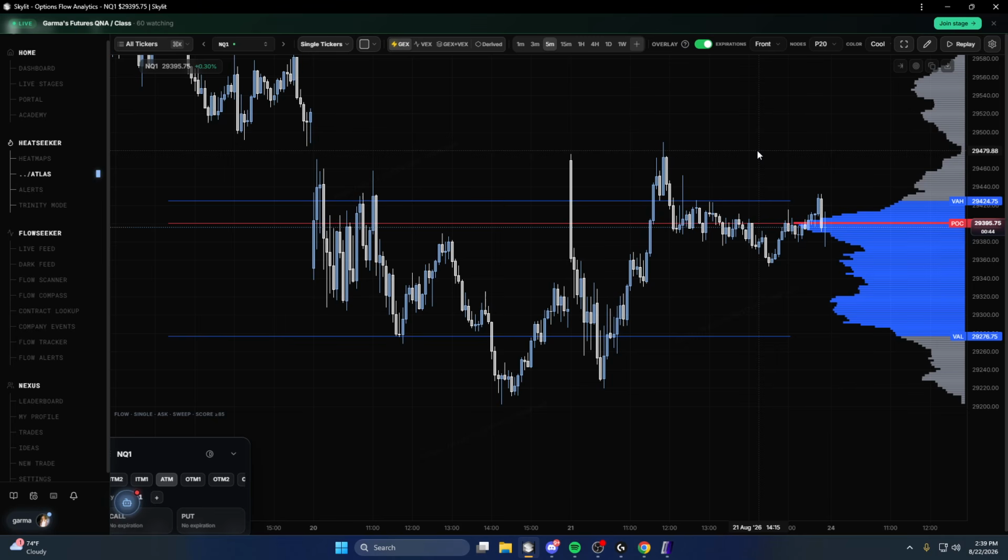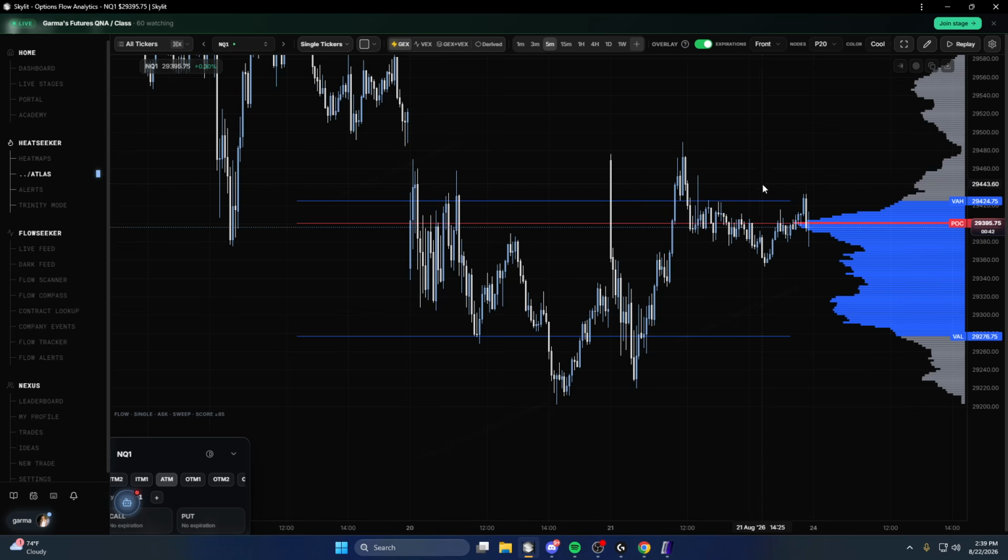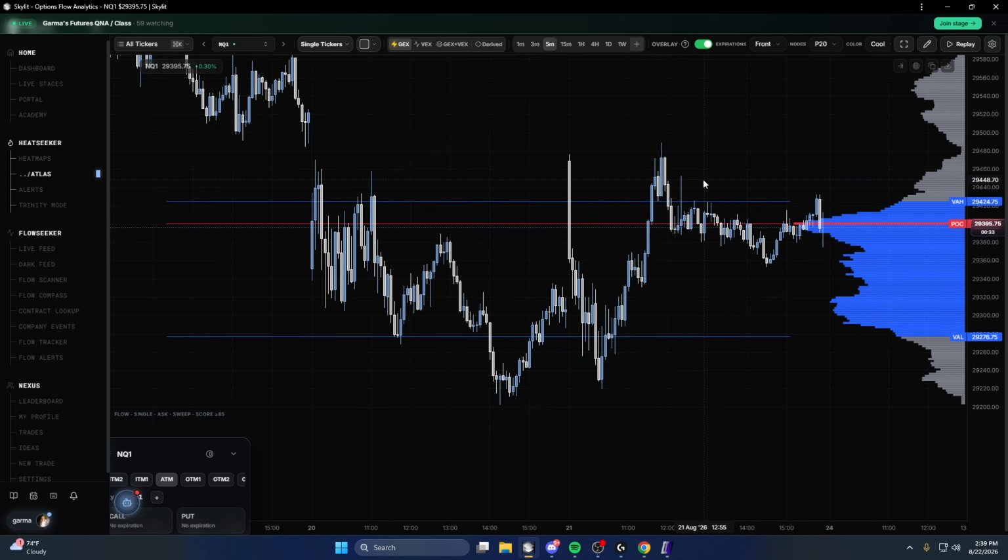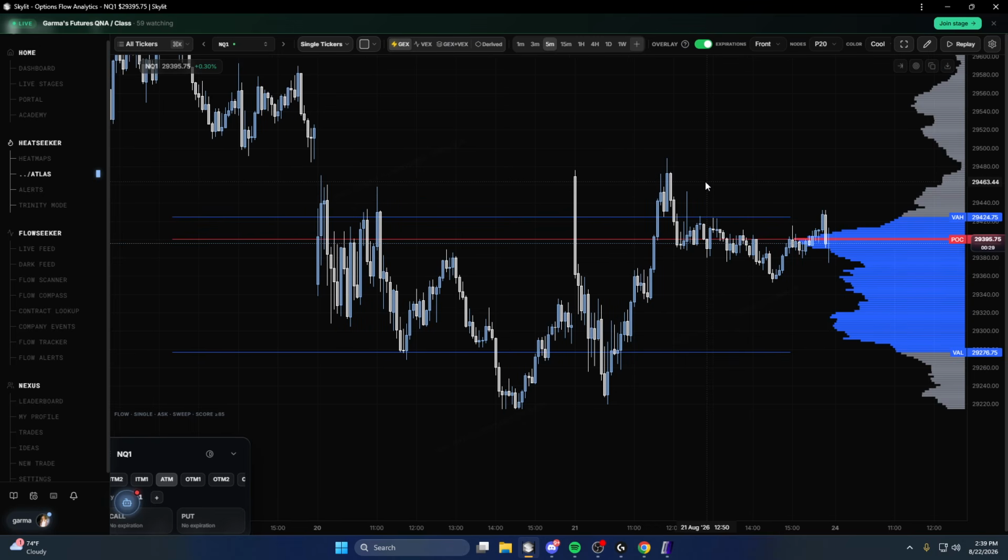There still could be volume accumulated above the value area high. The value area high and the value area low is quantified through an equation of like standard deviation, if that makes sense. Do these get set at market open and change throughout the day? Yeah, they grow. So as the volume accumulates in the market,